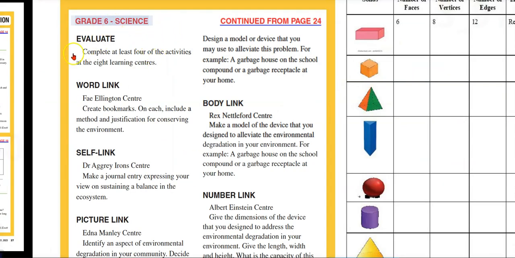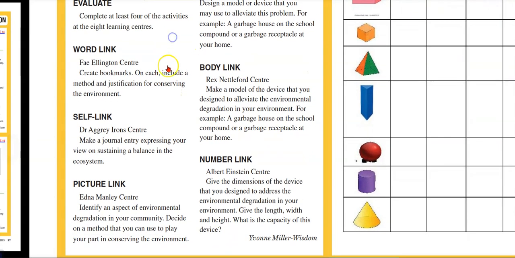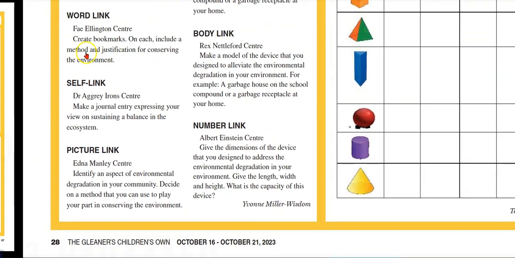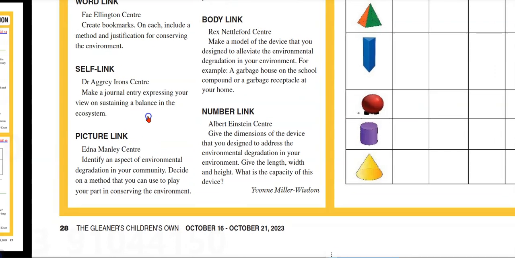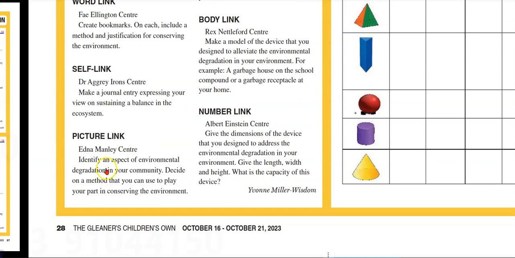All right, let's wrap up now. It says evaluate, complete at least 4 of the activities at the learning centers. Faye Ellington Center, it says create a bookmark on each, include a method and justification for conserving the environment. The self-link Dr. Agri Irons Center, make a journal entry expressing your views on sustaining a balance in the ecosystem. The picture link from the Edna Manley Center, identify an aspect of